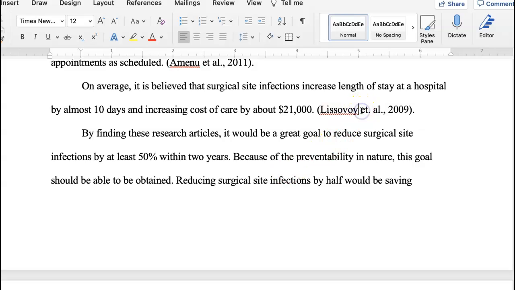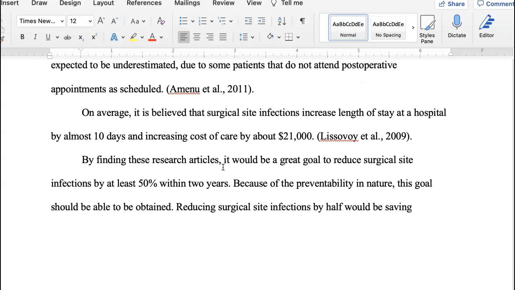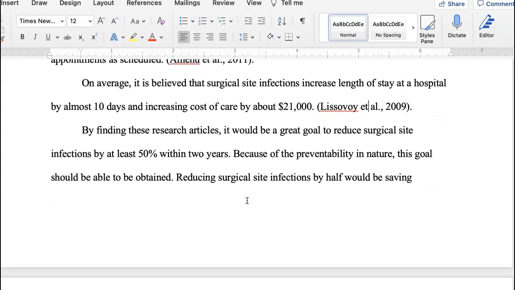I'm going to fix this reference up here for you. And maybe that's the overall goal, but maybe you could have an interim just so that people would see that it's really important that we work on it and we start to see results. So again, nothing here is wrong, but I think that you could tweak your, what we're going to do with these papers is connect all of these together, the problem, the goal, the data, and the results all into one larger presentation or paper. So you can tweak all of these mini papers that you have going forward with feedback that you're getting from these videos that I'm doing.